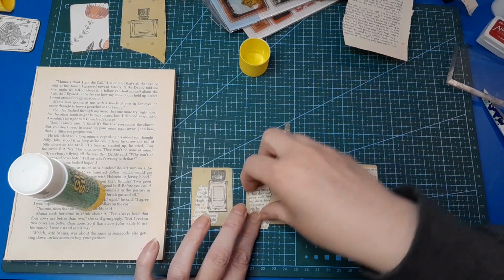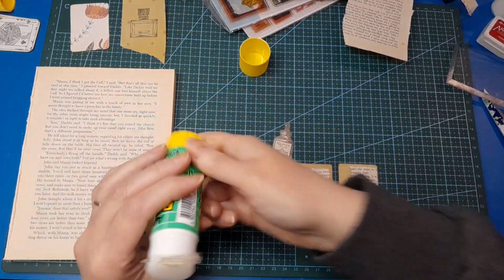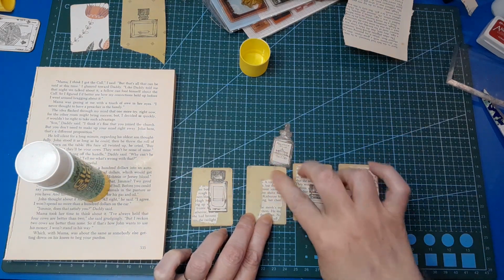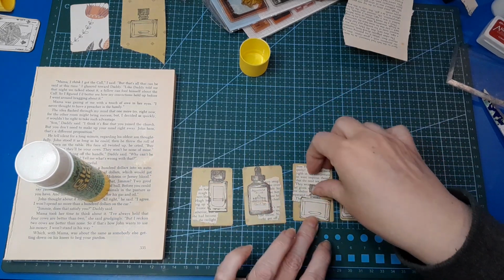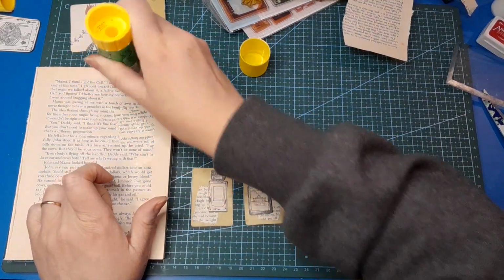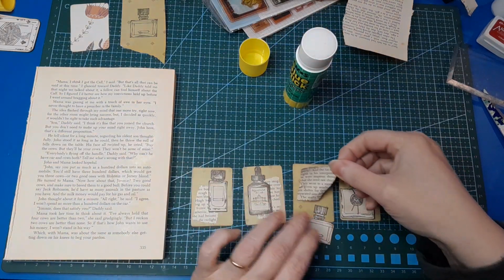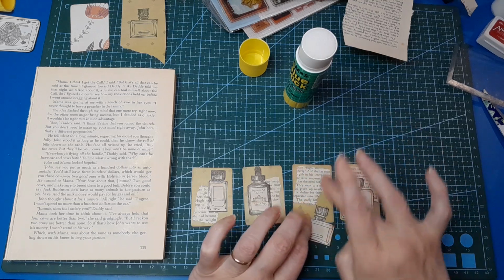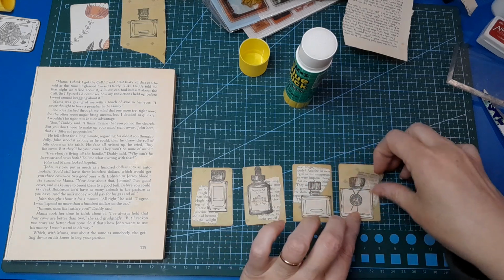I think I'll just do the text for a moment until I can have a think about any other pieces, in case I want it to go under the little bottles. Like it could be a word or a label. Anything I use will have to be nice and tiny, very small, because we're dealing with a very small surface. And this one,